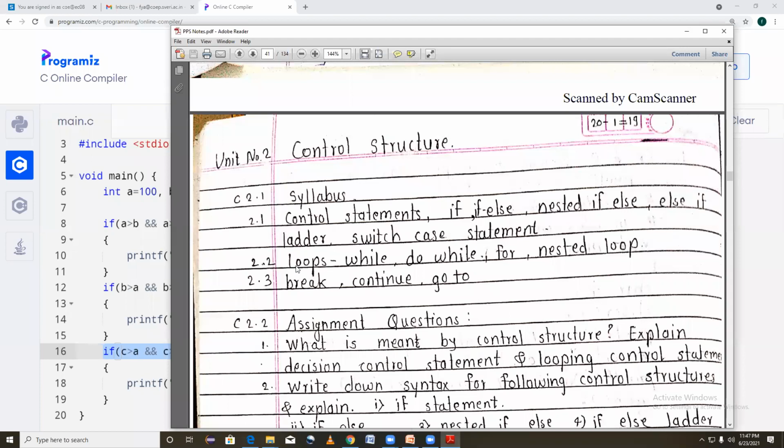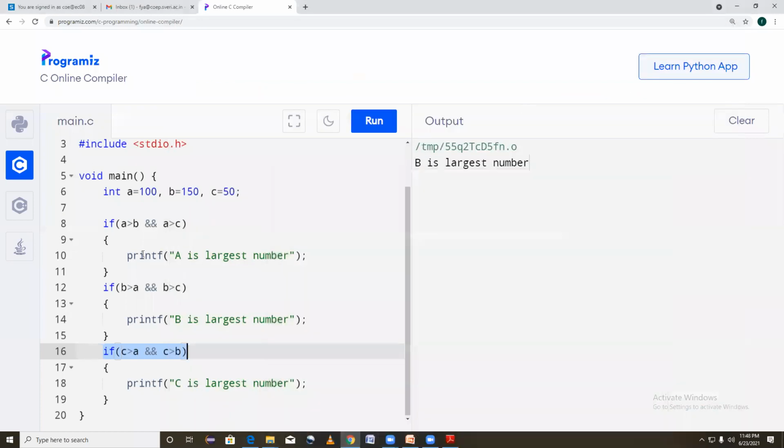and the second category is loop statements. So what are loop statements? While loop, do while loop, for loop, and nested loop. Nested, that means nested of while loop, nested of do while loop, nested of for loop. The word nested means the loop within a loop. Okay. For the time being, you only understand nested means within. If I am having, okay, I will show you just for an example here.